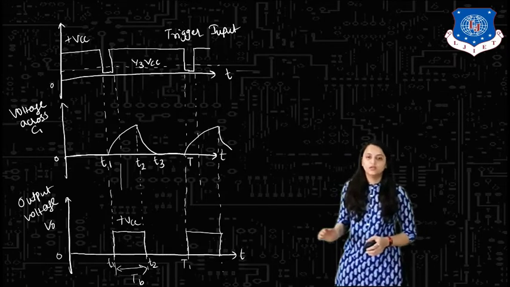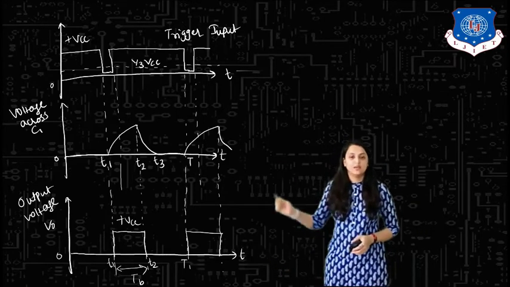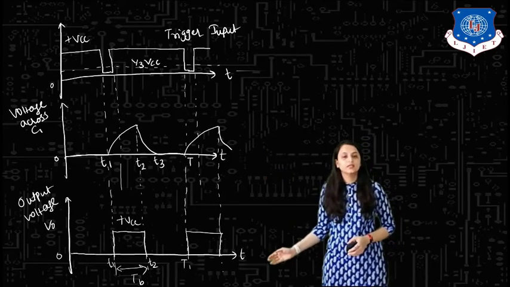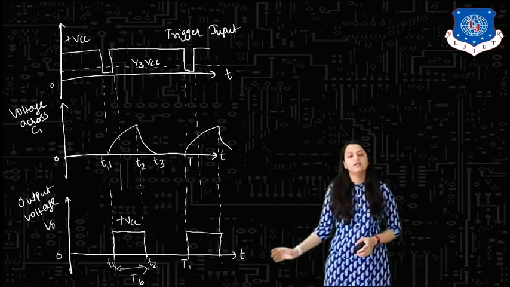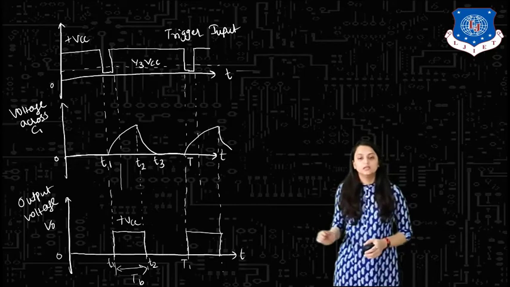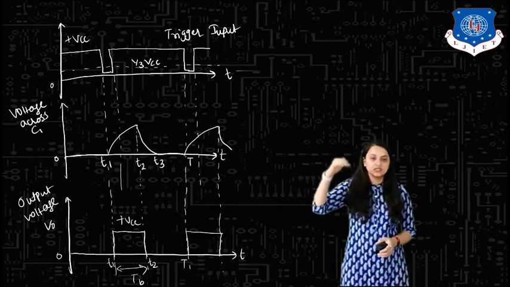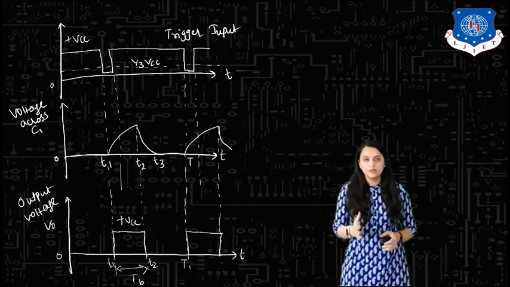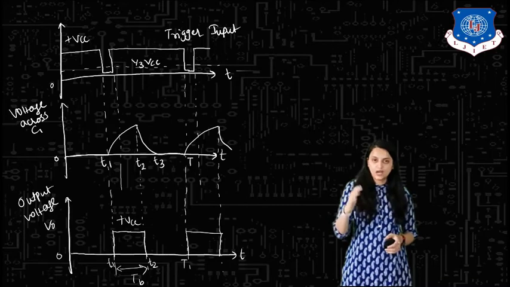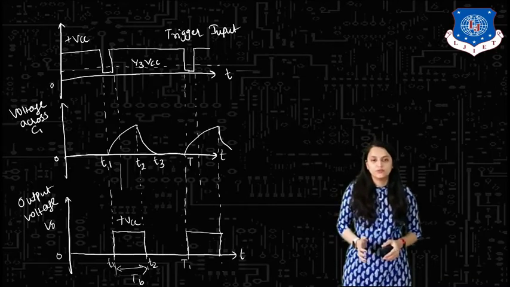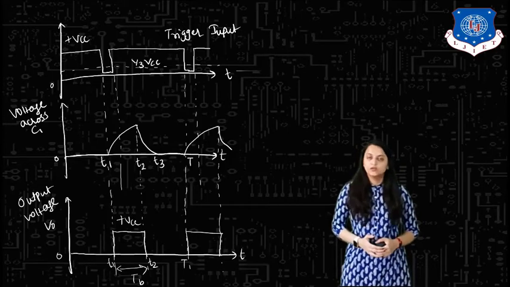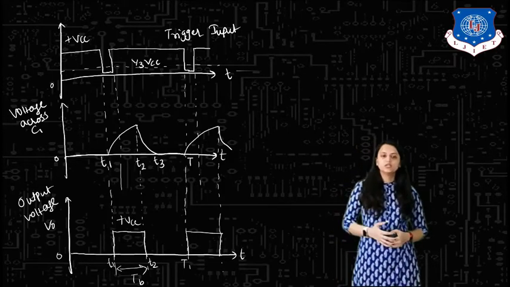So as you can see over here, in the instant T1 to T2, where the capacitor is in the charging condition, we will get the output voltage waveform. That is in the duration TB, which is called the bit duration, we will have the output plus VCC. Then in the instant T2 to T3, where the capacitor is in the discharging condition, the output will be 0, that is off. In the same way, again, when the capacitor starts charging, we will have the output voltage waveform, and whenever it starts discharging, the output will become 0. Okay? I hope that this waveform is clear to you now.